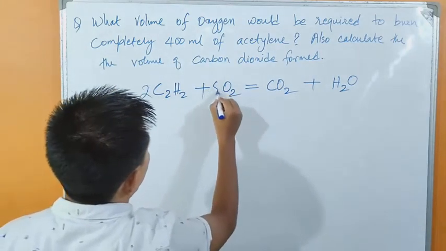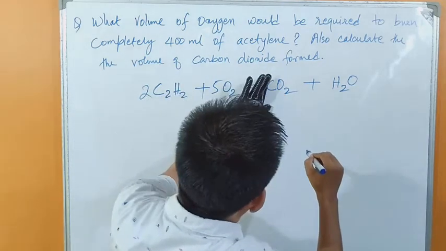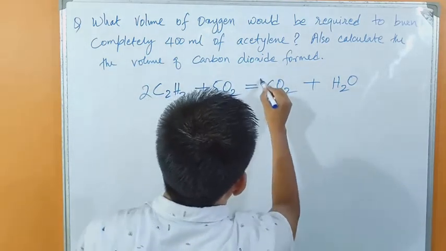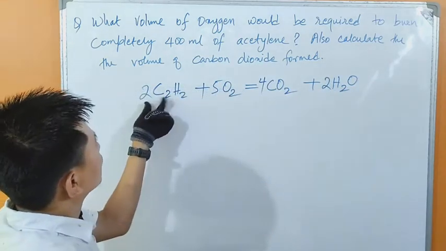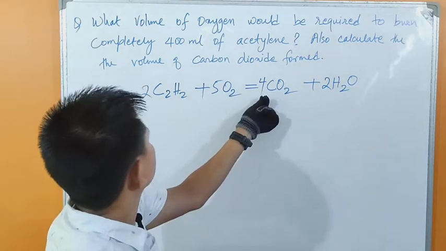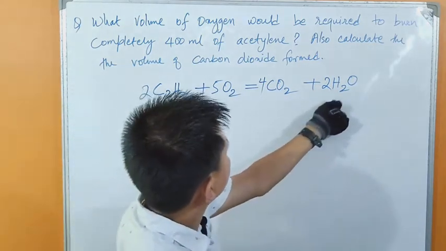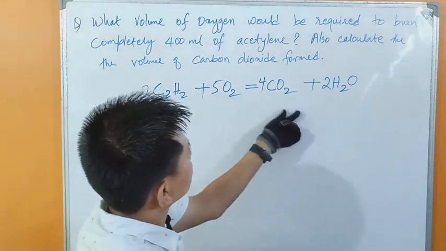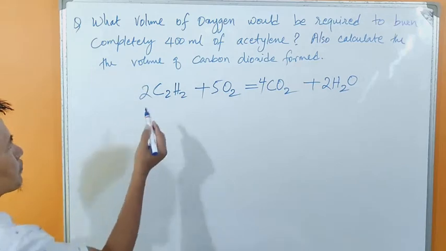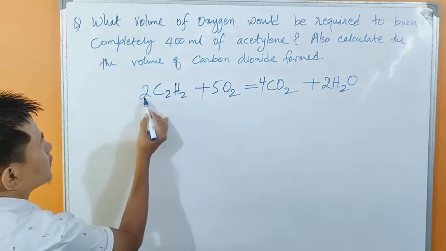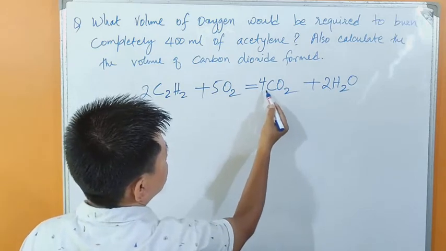2, 5, this is 4. Okay, this is 4 and this is 2. Now it is balanced. 4 C, 4 C, hydrogen 4, hydrogen 4, oxygen from 8 to 10. Okay, this is the balanced chemical equation. Now we have 2 in front of acetylene, 5 in front of oxygen and 4 in front of carbon dioxide,